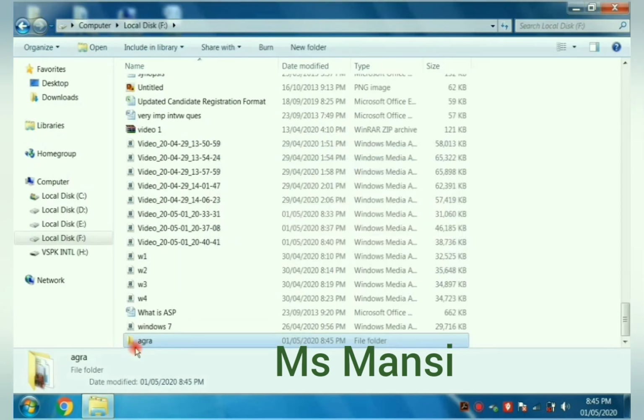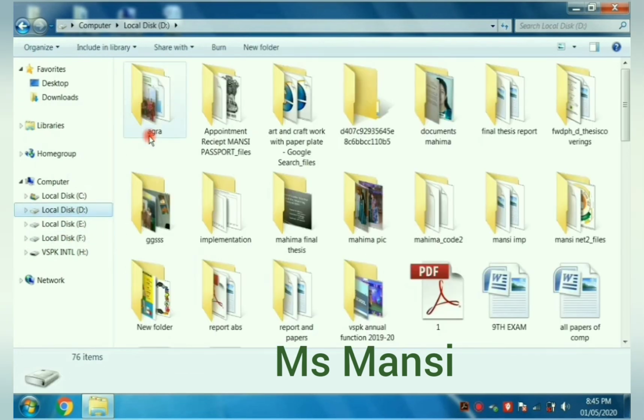See, the folder that I have copied from there is moved to this drive. Now I'm checking that this folder is also in that drive. See here, because I used copy and paste. Copy and paste means this file is copied and pasted into another drive.